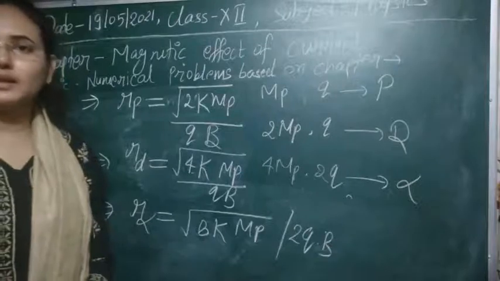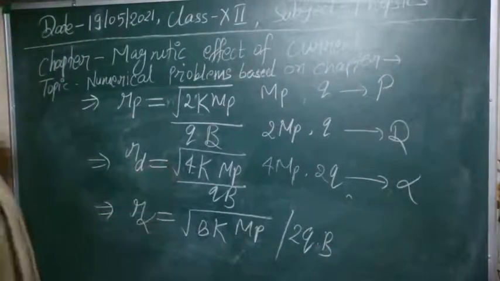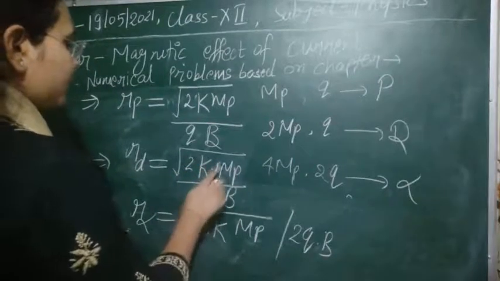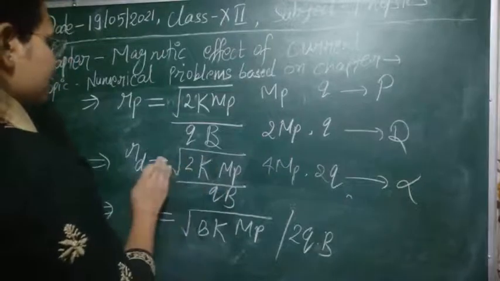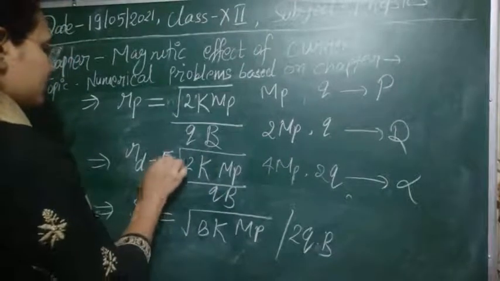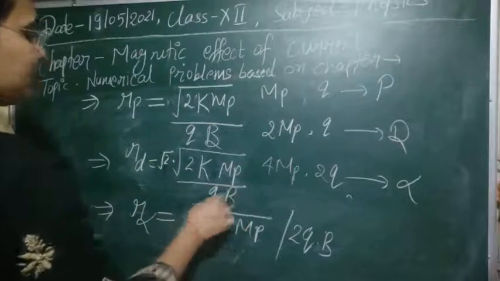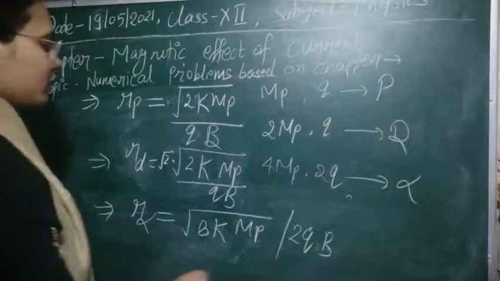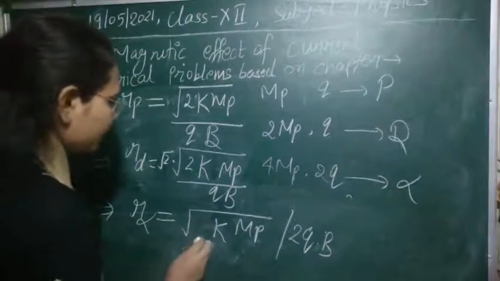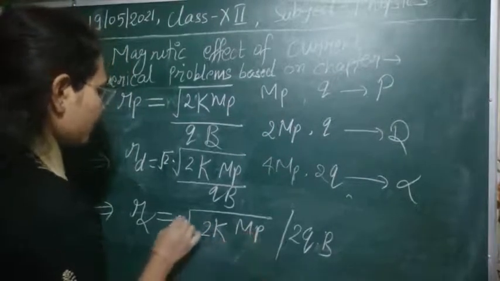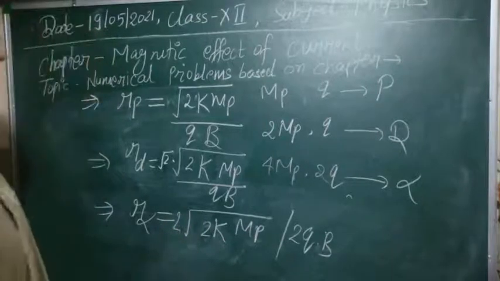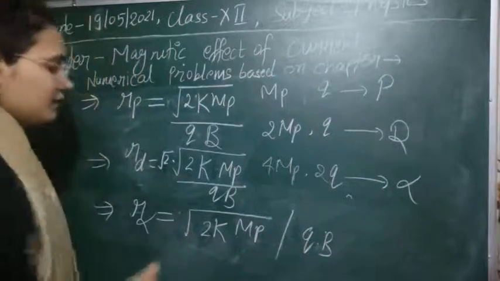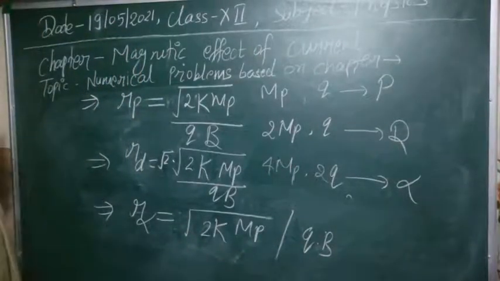Now we have to compare their radii. We can compare them: you can write 2 here and 2 here also. If you take root 2 as common, we can write root 2 multiplied by this term upon this term. Clear? There is no confusion in this section. And in this section, you can take 2 and 4 common. If you take 4 as common, then this will be 2, and this 2 will cancel out. So this is the final case for R alpha that we get.